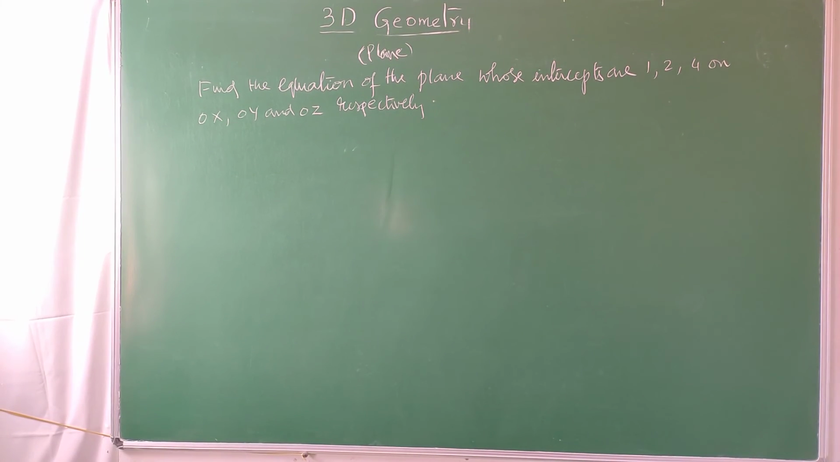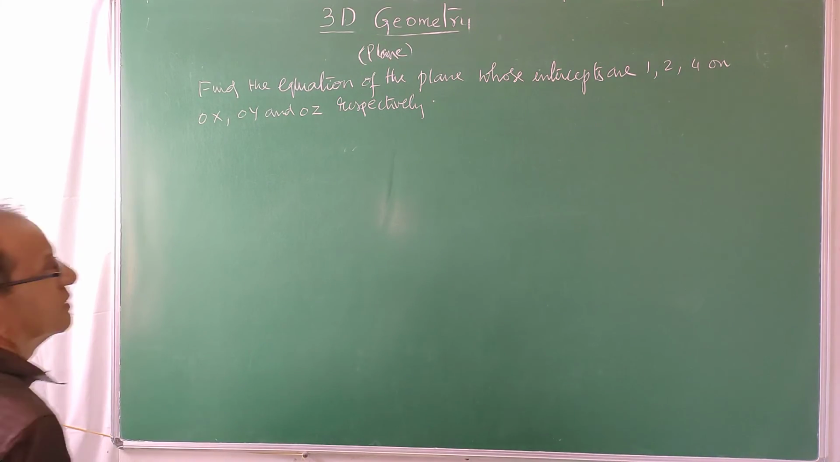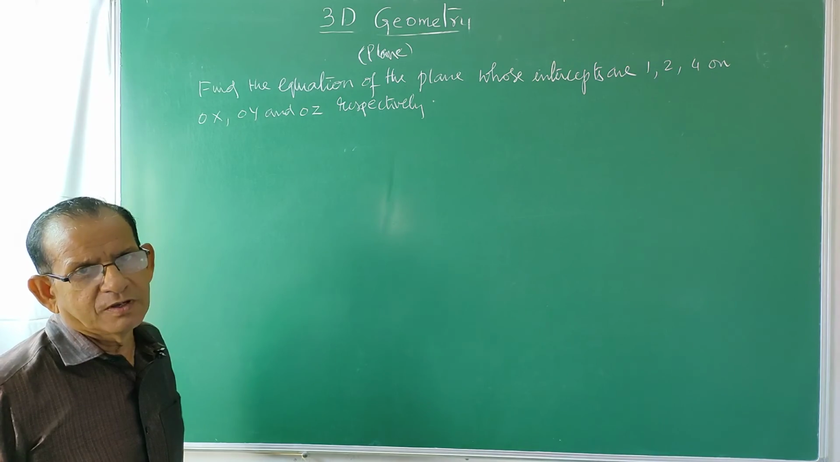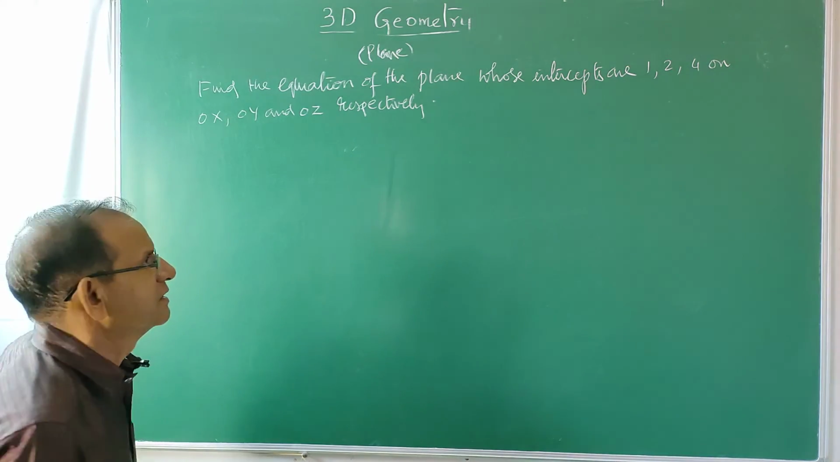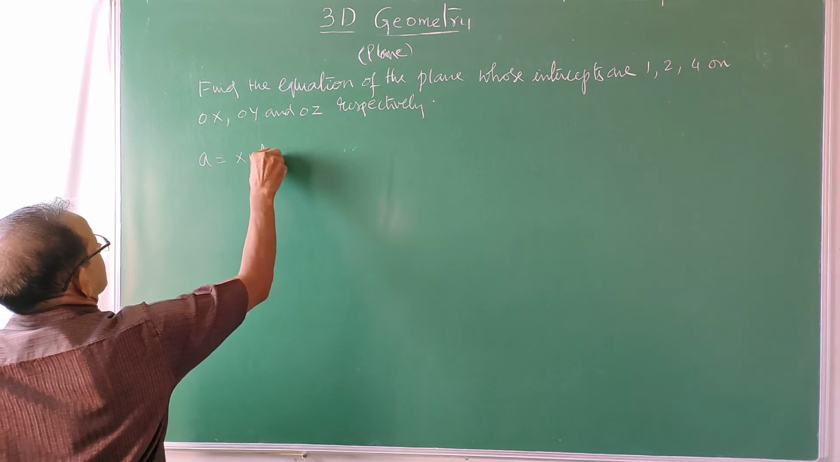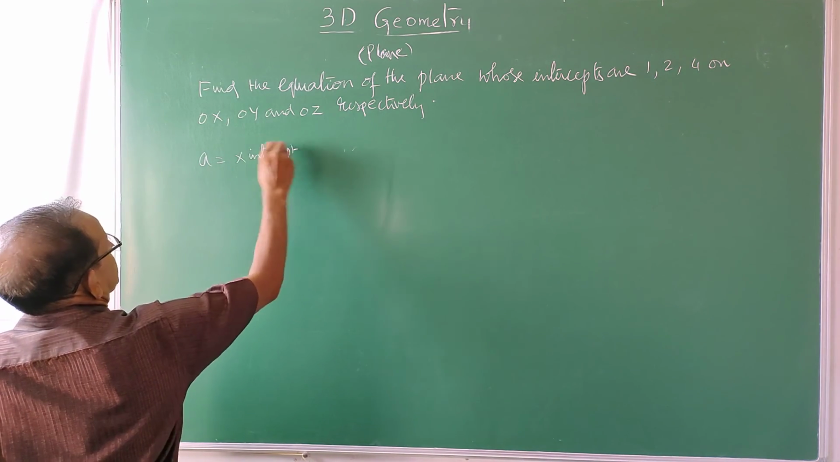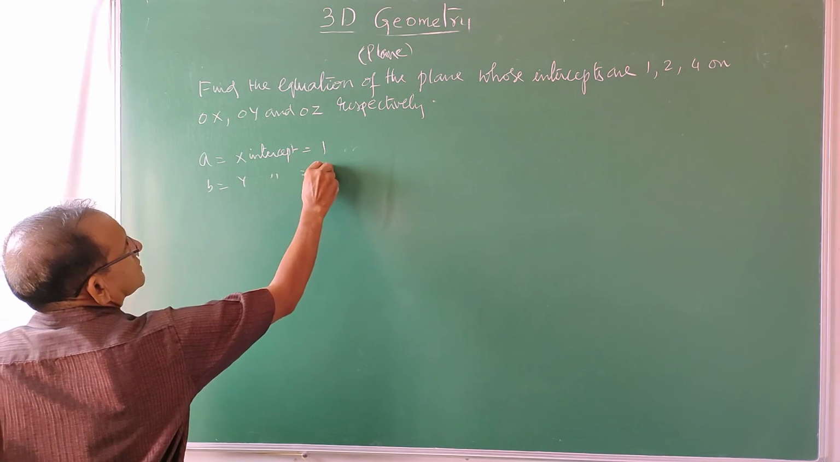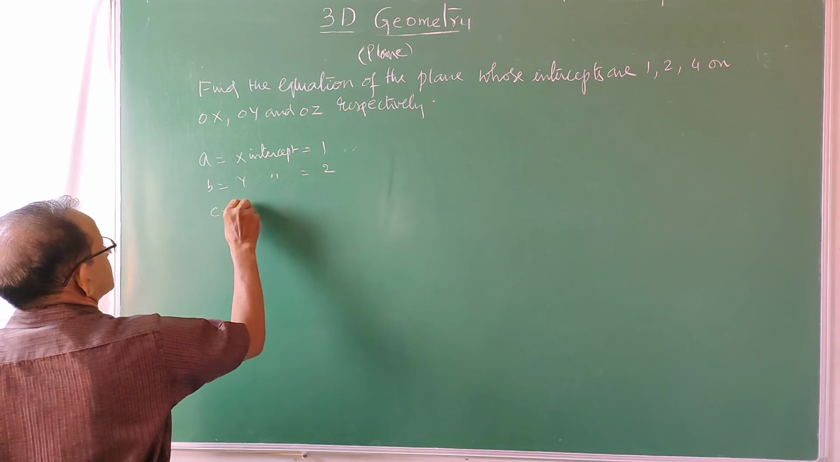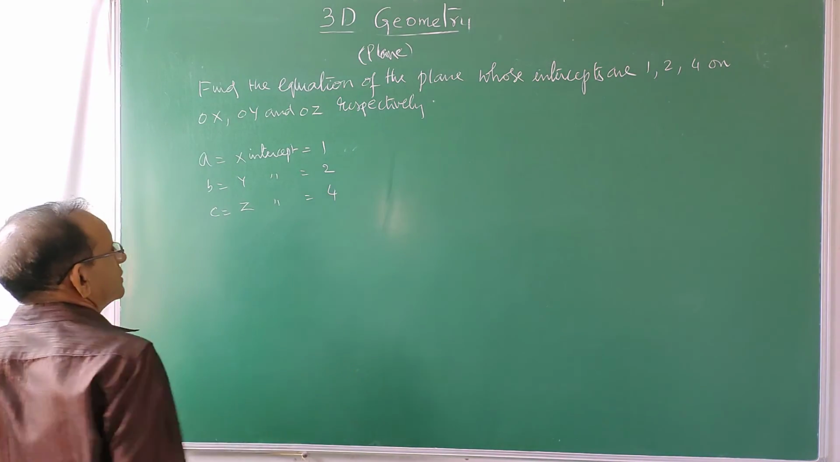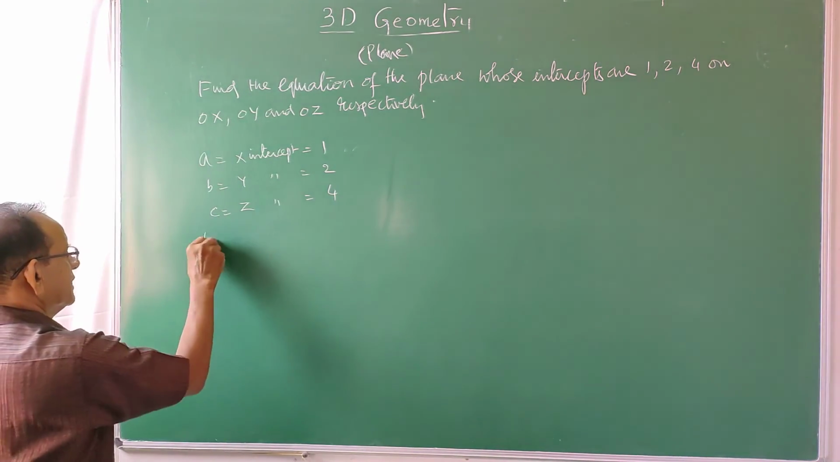Now see this question. The intercepts made by the plane are given as 1, 2, 4. What is the equation of the plane? Here small a, the x intercept, is given as 1, small b, the y intercept, is given as 2, and small c, the z intercept, is 4. So the equation of the plane